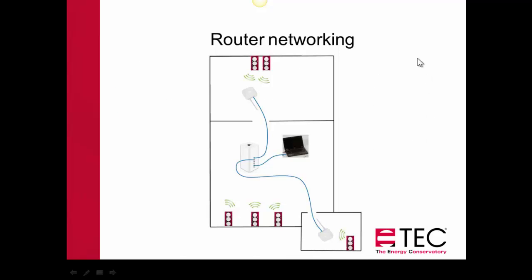There's also the ability to do a router network. We did this when we helped the company do a test of a big warehouse, and we set up a router network where you have one router that has the ability to set up a network. And in this case, we talked to 9 fans with that main router, and then we had some remote locations that had concrete block walls where you couldn't make a router connection. You can run a cable back to another router, and you can run up to 300 feet of Ethernet cable from that main router to other locations, and then from that router to your computer to make a good solid